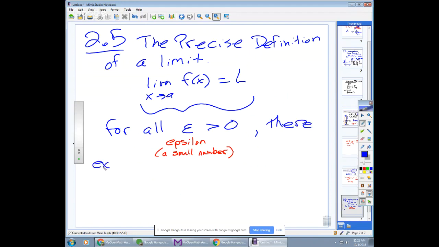There exists a delta, that's Greek delta. And guess what's going to be true about delta? No, not in this case. In this case, it's going to be a small number. If we were dealing with limits that go to infinity, that weren't a real number L, then we would hit a large number. But here it's going to be a small one. And delta is also going to be greater than 0,